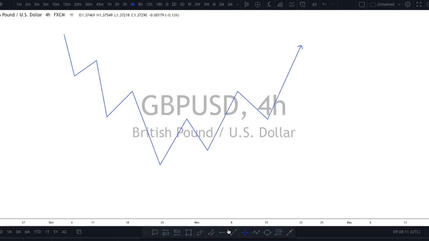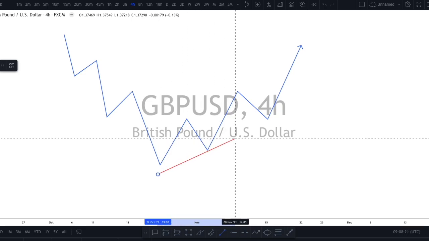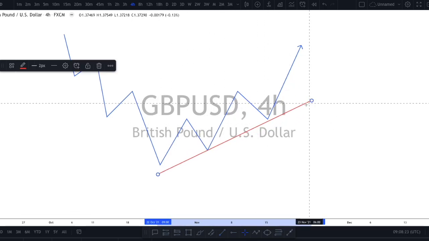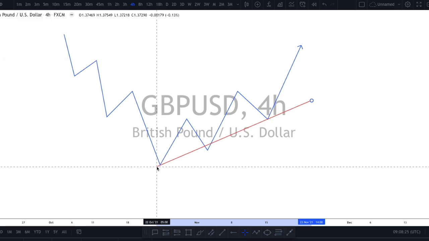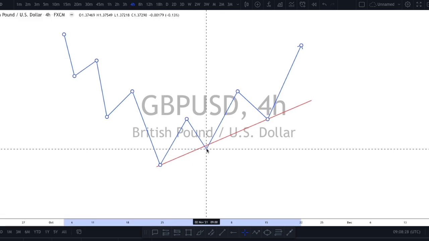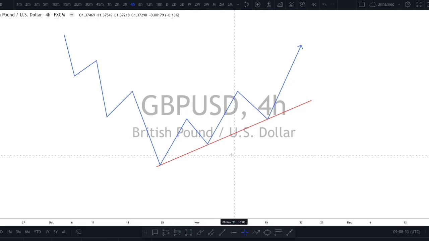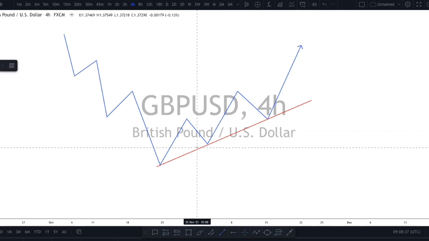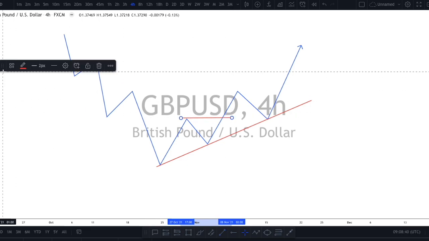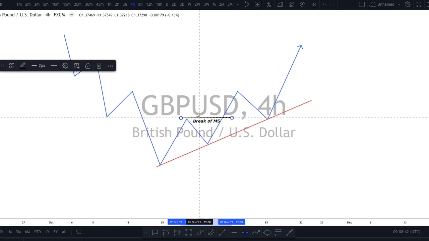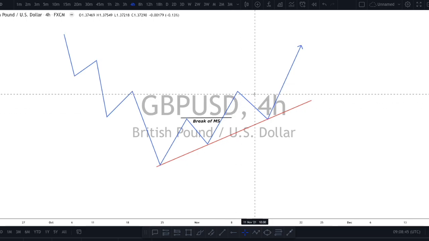Let's say from this particular area to this particular area, we want to use that. Okay, right, from this particular area to this particular area. So I'm going to adjust that very well now. So this is the opinion of many traders when they're trading a trend line. The expectation is that as the market has come back here to break structure here, when we have a break of market structure here, just like how they would have used it, we have a break of market structure here. Now they are expecting the third